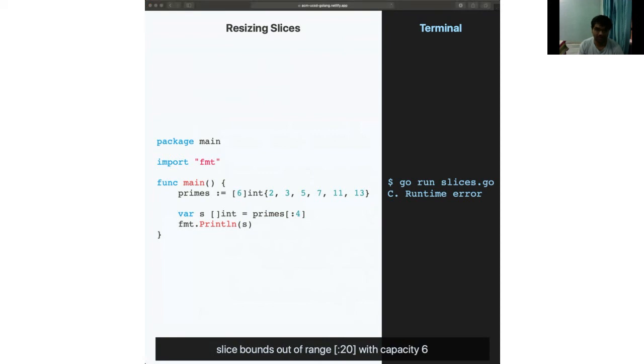Pretty interesting. You would think it would make sense to fill with zeros for the rest of it, but it also kind of makes sense that a slice is a window into an array. A window should not be larger than the wall the window is on. So I guess that's the analogy.